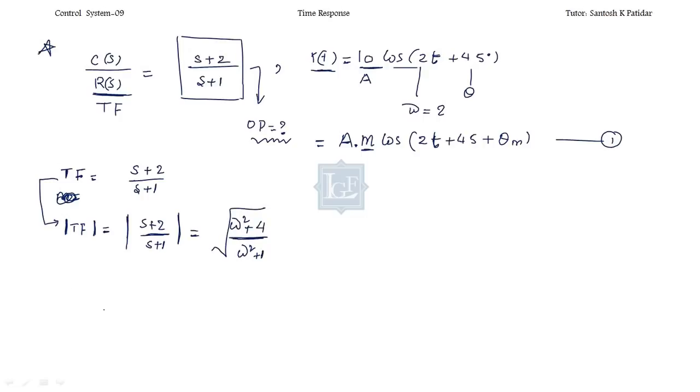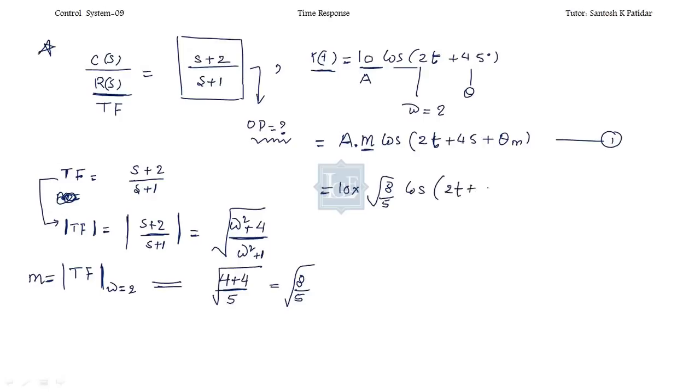Correct? Now you need to calculate this transfer function at exactly omega equal to 2, because this is the given frequency of the input. Correct? So at this frequency you will get 4 plus 4 divided by 5, so this one is 8 by 5 under root. Okay, so you calculated, this is the value of M. So in this equation, 10 into 8 by 5